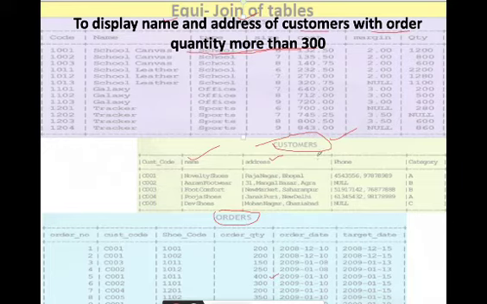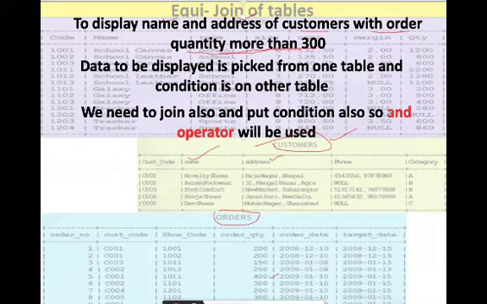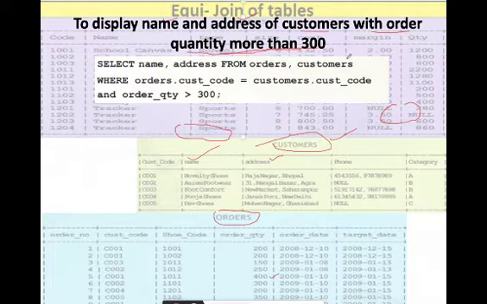There will be a condition of equijoin in the where clause, but there will be one more condition, and if we have more than one condition along with the equijoin condition, we use AND operator. As you already know, equijoin condition will be there because we are picking data from two tables. We have to relate them with the common column, but we also have one more condition, that order quantity should be more than 300.